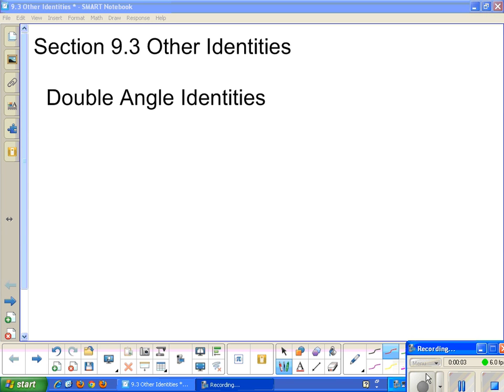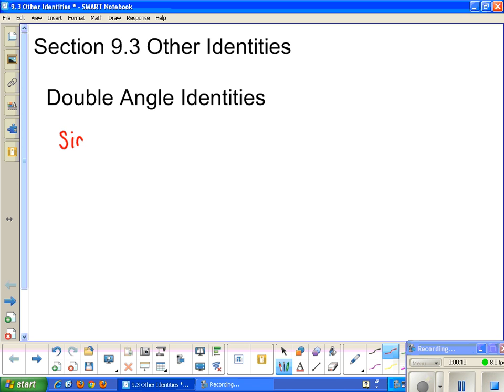Section 9.3, other identities. We're going to talk about the double angle identities first. So for this first equation, we have the sine of, let's say, 2x. Now, we can derive the sine of 2x by using our addition identities, because remember that the sine of 2x we can rewrite as the sine of x plus x, and then we've learned the sine addition identity, which states that I have the sine of x and then the cosine of x plus the cosine of x times the